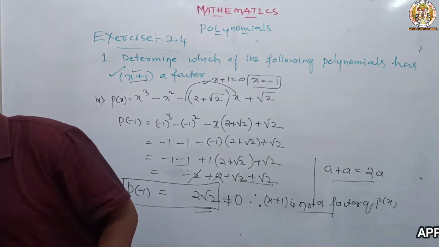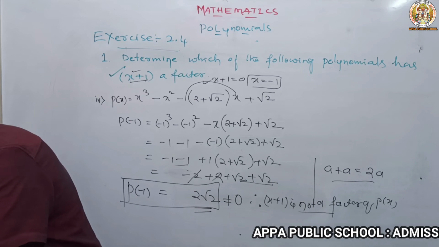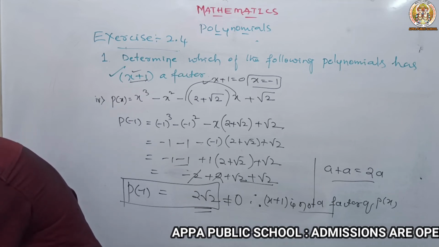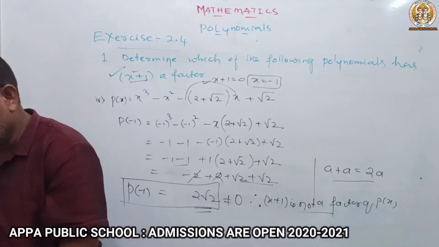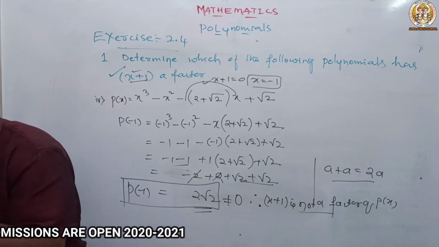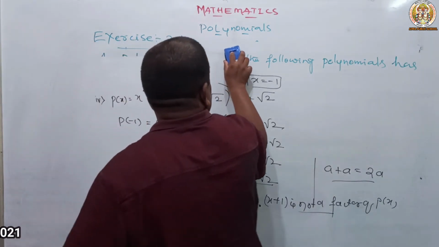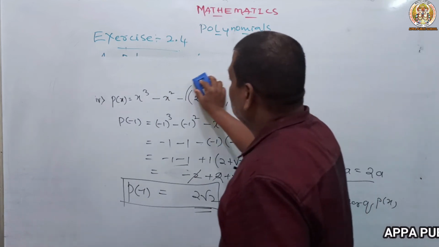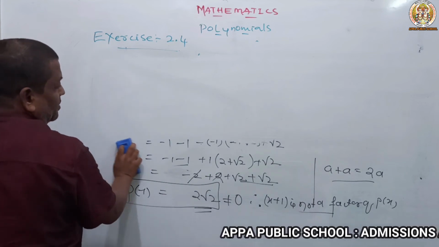So now we are moving to the second bit of this sum. Okay, we are going to take one more type of this, the second bit of this exercise. So here also things are the same. Just you see how.